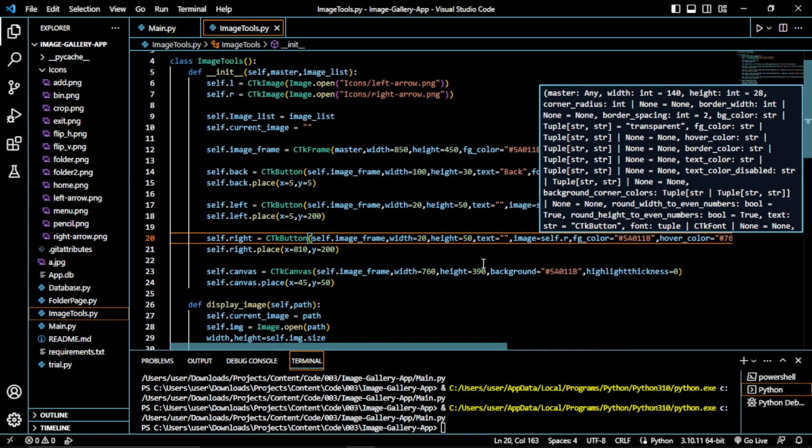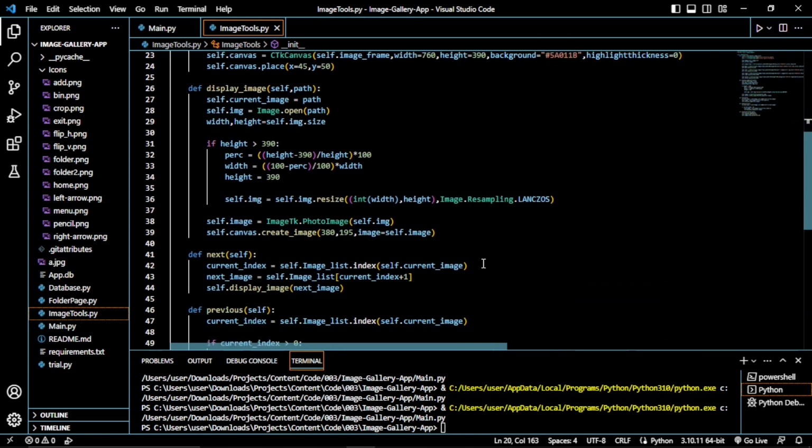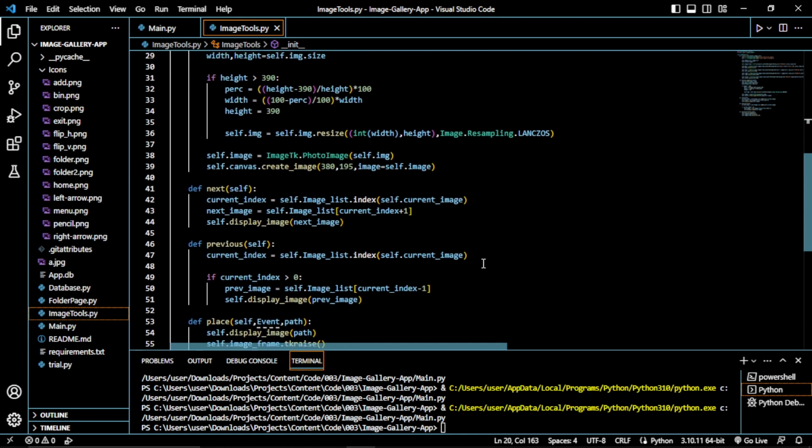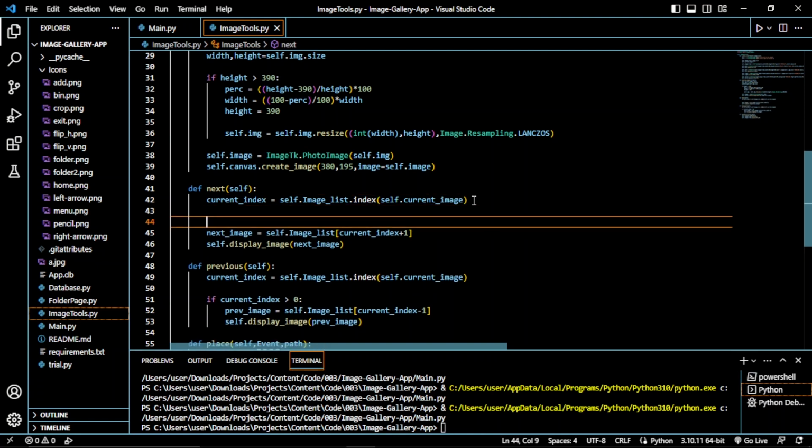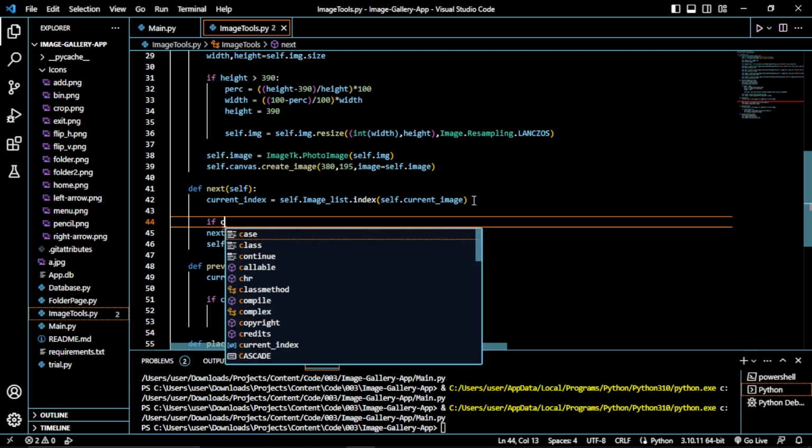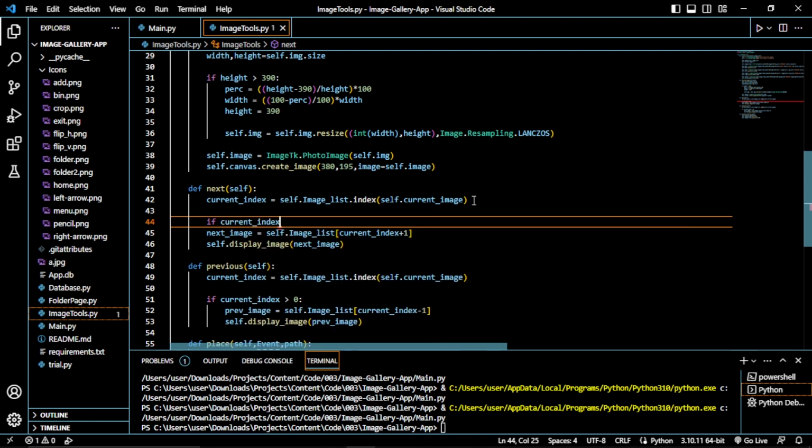But for our next, we also have a catch. If the index is equal to the last index, what should it do? It will go back to our first image. So how do we do this? Go to where our next is, right here after the current index. How do we know if the current index is the last item? So if our current index